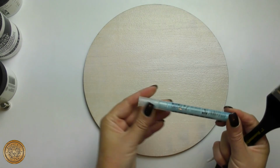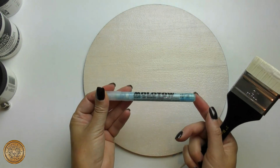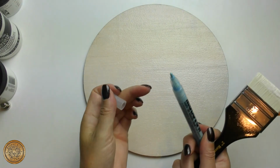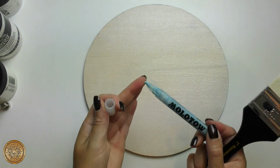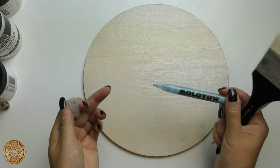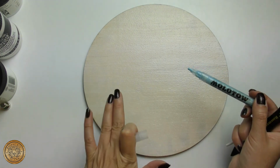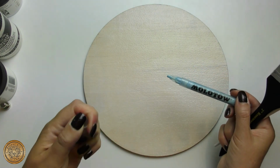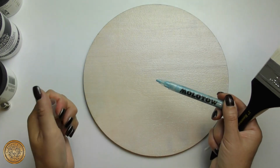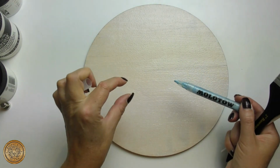So the thing I mentioned to you as well is we are going to be using possibly this little masking fluid marker, and it is fab. You get 2mm, I've got this is a 2mm, I've got a 4mm marker, and basically you can work on this size, there's these grounds, and it will mask off areas. So if you've used the white as your base or a black and you wanted to, same as any watercolour painting, if you wanted to preserve any of your whites from the outset, if you want to divide off any areas, if you don't want some of the colour leaking into another colour,